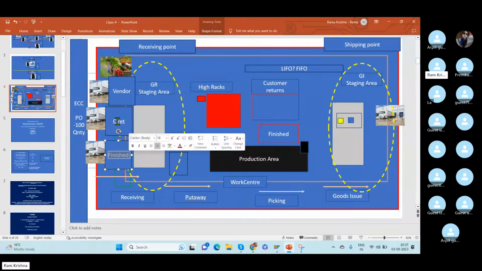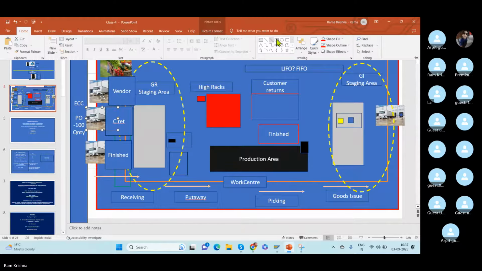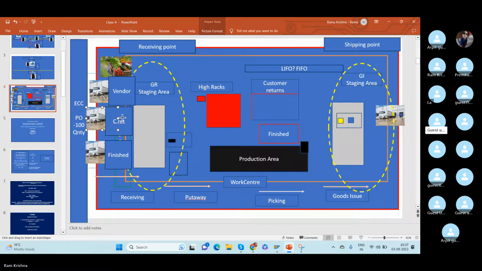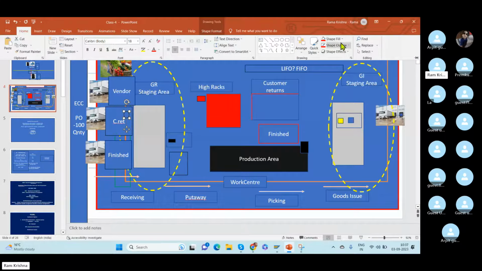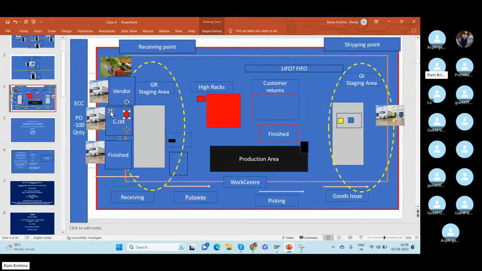Okay. Now tell me, guys. Now this customer returns inbound, the pallet should go to which location? The customer returns part you are getting, this will go to which location? Customer return. You should go to the